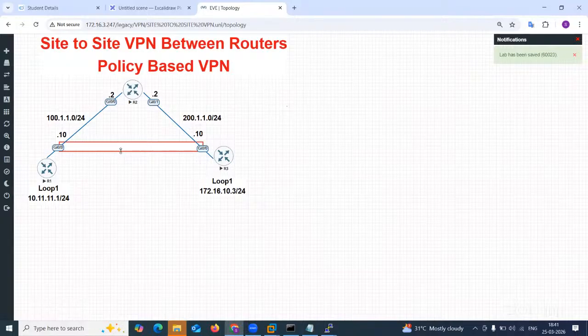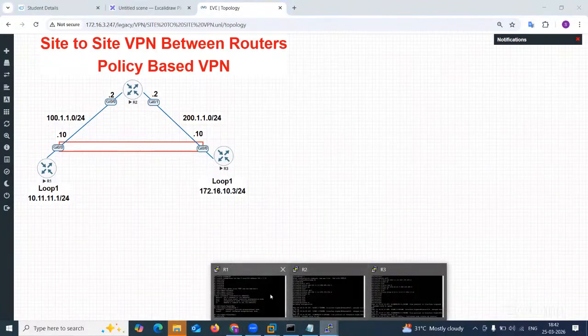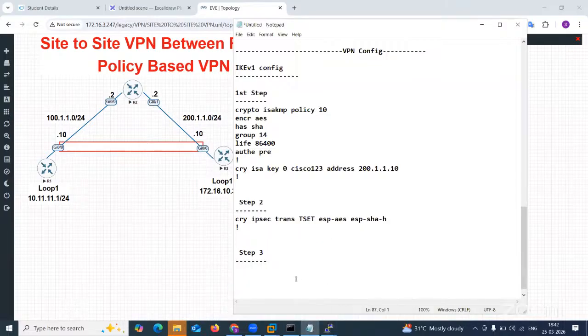When it comes to Palo Alto, Checkpoint, FortiGate and all, we call it a security policy. So there you can create a security policy to decide what traffic will pass through a tunnel. But here I'm taking an ACL. Since it's a Cisco device, I'll create an ACL. So I would say access list 101 permit, I would permit the entire thing,